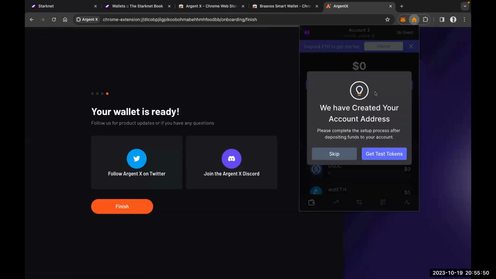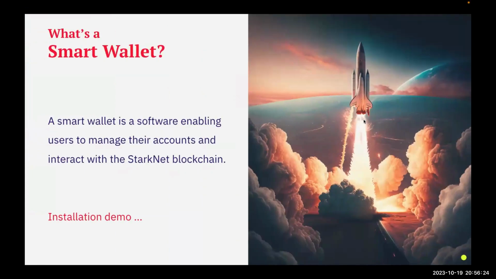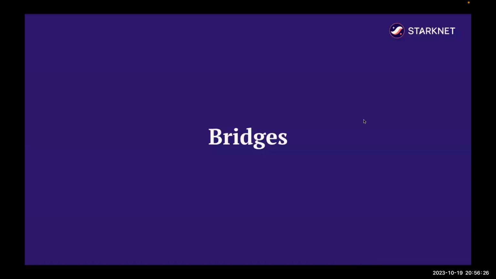So here we have our Braavos wallet installed, and we have to set it up. Here we need some funds on our wallet so that we can deploy it, because we have to pay gas fees. So we need to have this fund to pay gas fees. We need to have some